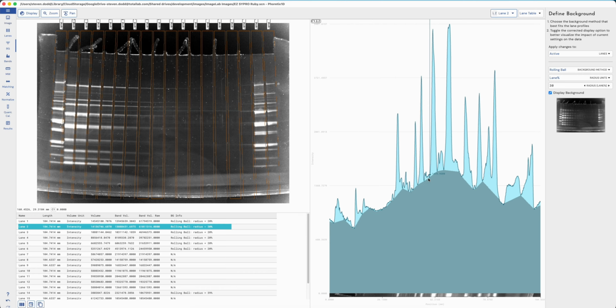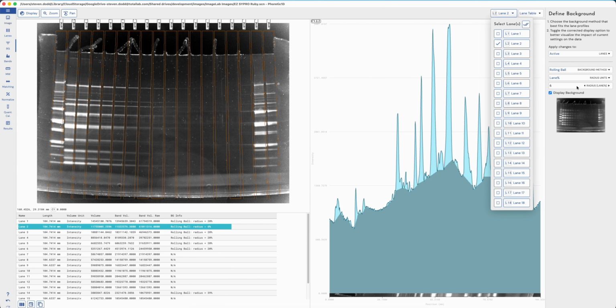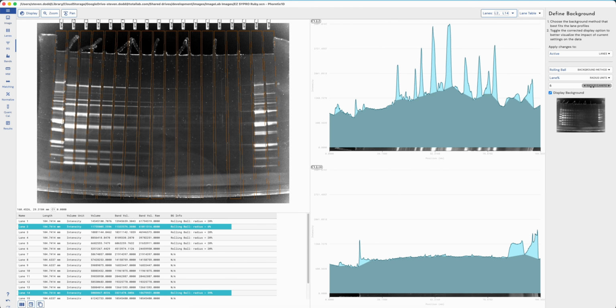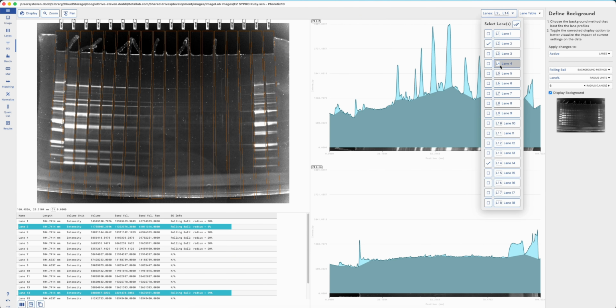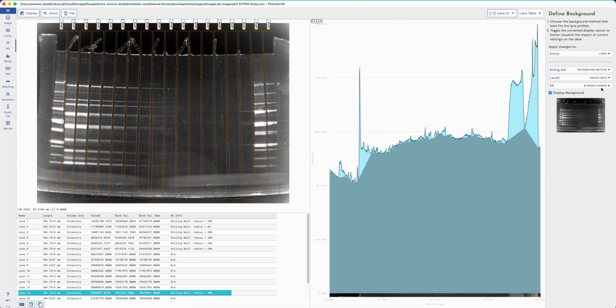So we want this a little bit higher because we want to remove these sections here which we may consider background. So if I set this high enough that we start to remove some of that between our bands, then that's a background subtraction level of 6. If I come down and set lane 14 to 6,